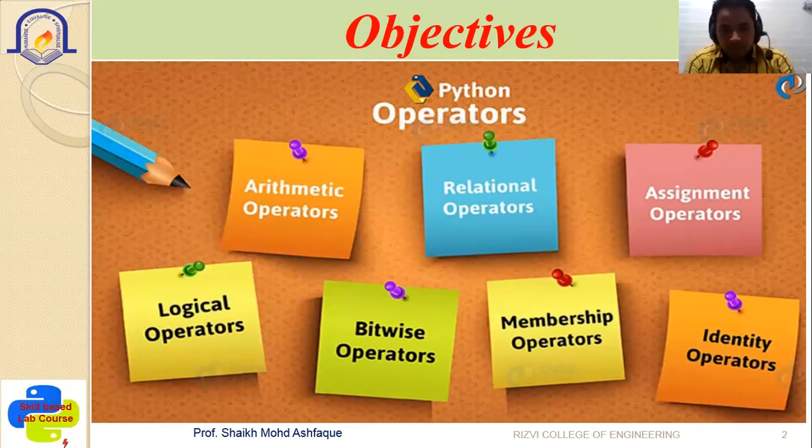Whereas in the C programming language or the Java programming language, you have seen the arithmetic, relational, assignment, logical, bitwise operators. So here also it will remain the same, with a little bit of addition of operators in a particular type. The membership operator and identity operator are new here. We will discuss the meaning of those operators, and where they can be used.